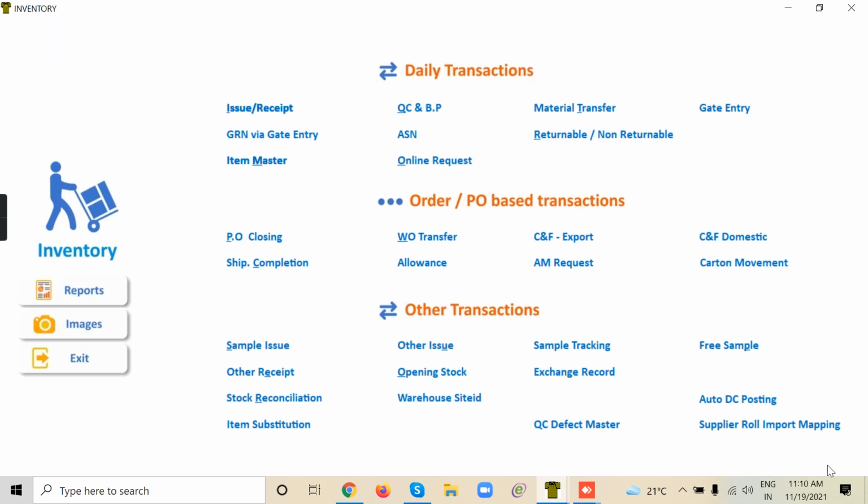Now let us make a goods receipt note. I am the stores person. Today material has come in. When the material has come in, the supplier gives the supplier challan. He will give his delivery challan, and in that delivery challan they will refer to our purchase order number. Generally, they will put in our reference number and against which purchase order they are delivering. If you know that information, let us go to the issue receipt.